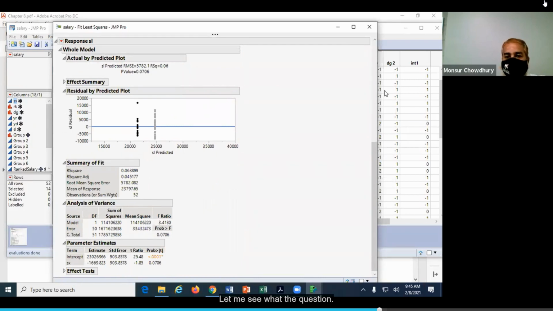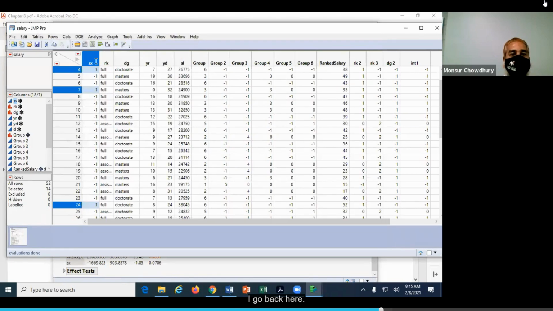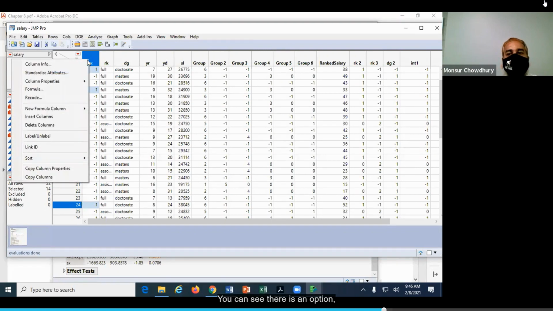Yes, let me see what the question is. Where did you go to change it to numeric? Okay. Thank you, Anna, for asking me questions. So I go back here. When you want to change the variable type, you select this column. You can see I already selected this column. You just put the cursor here and click, and then right click on this column, and you can see there is an option we call Column Info.